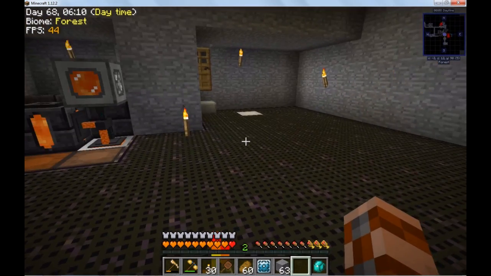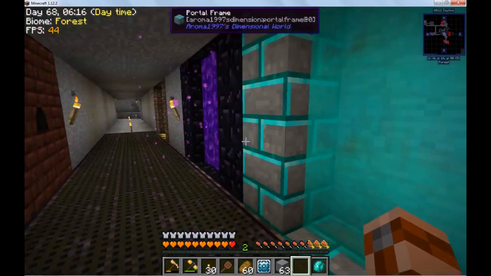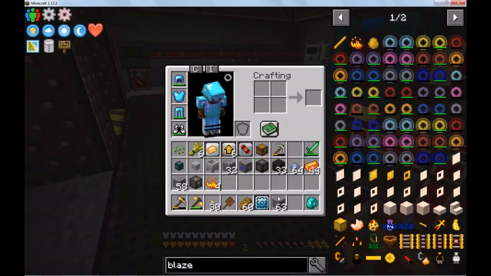So yeah, RS is using this pack. We got 2 sextuple compressed cobblestone, made a portal to the mining dimension. Over there I have a couple basic farms set up. I got the Botania floral fertilizer set up, and I'm probably not going to touch Botania again in this pack